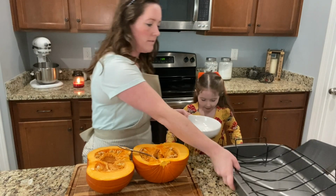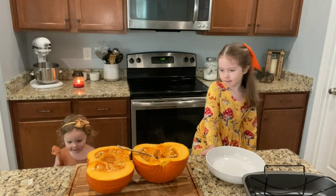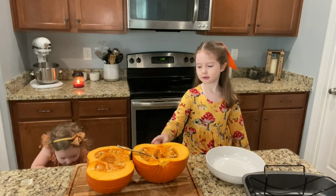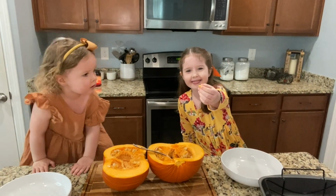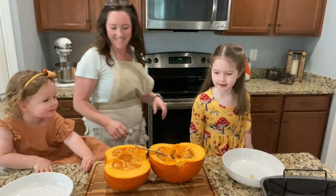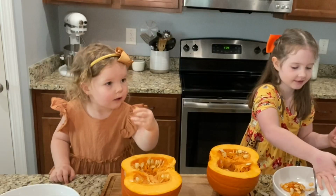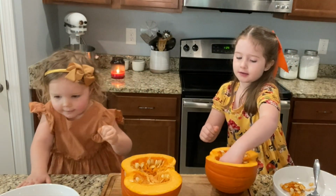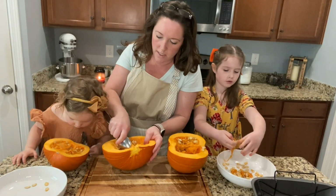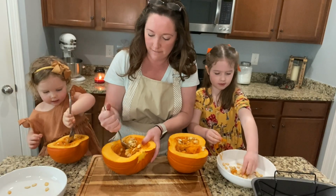From there, all you have to do, roasting pumpkins is the easiest thing ever. You just flip them upside down and put them either on a pan or on a roasting rack like I have, and put them in the oven at 350 degrees for about an hour. When you're roasting your own pumpkins, you're making your own pumpkin puree, and it's so wonderful to be able to